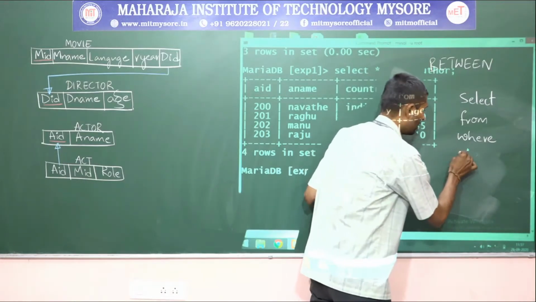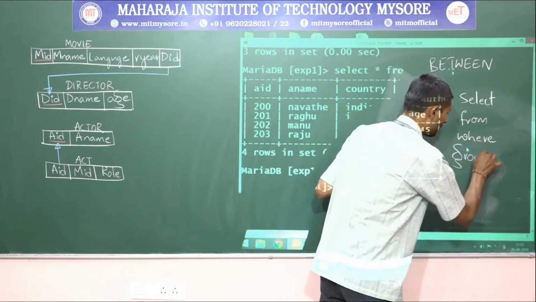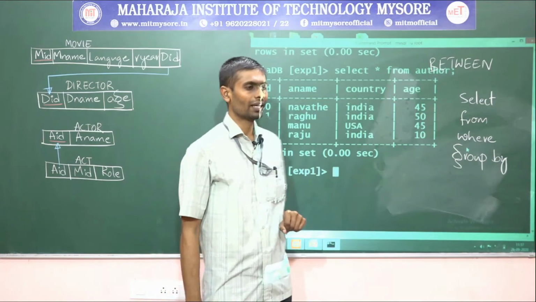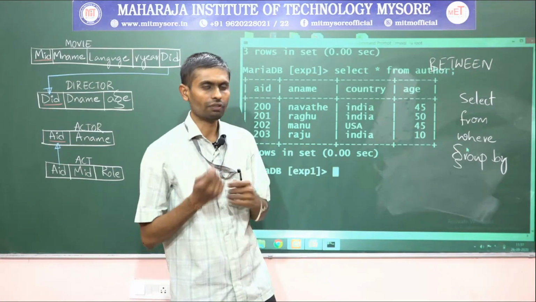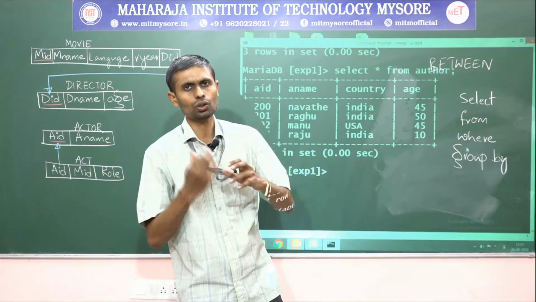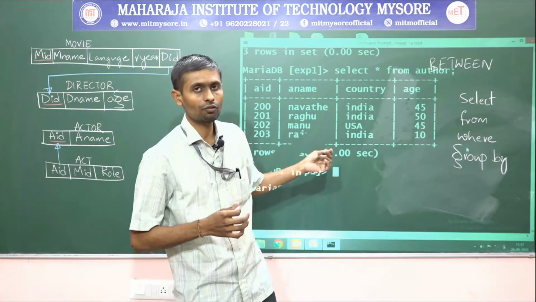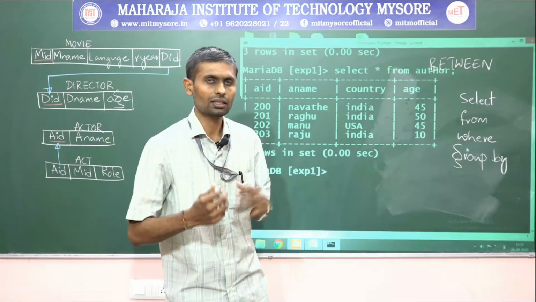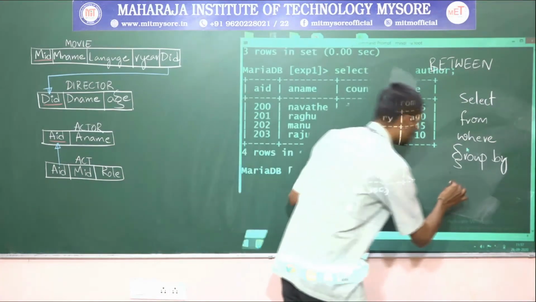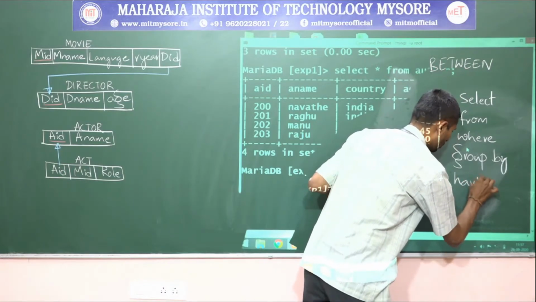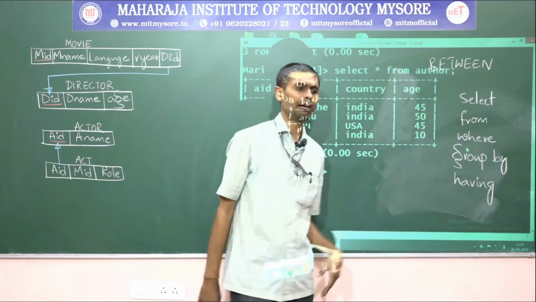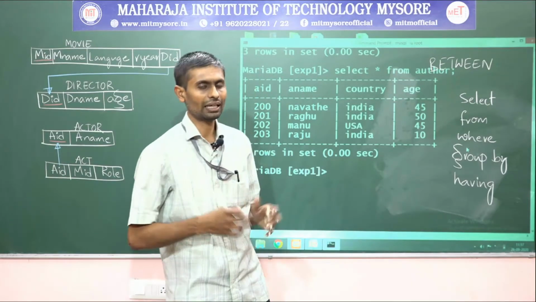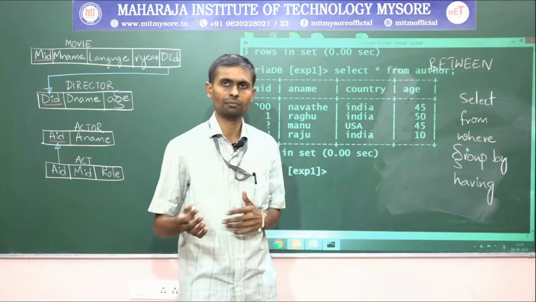Then we have the group by clause. With its help we can group based on whichever attribute we want, and on each group it creates dynamically, I can apply some aggregate function. This is the beauty of group by. Then we discussed one more clause called having. With having, we can even check a condition on aggregate functions like count, min, max, and sum.